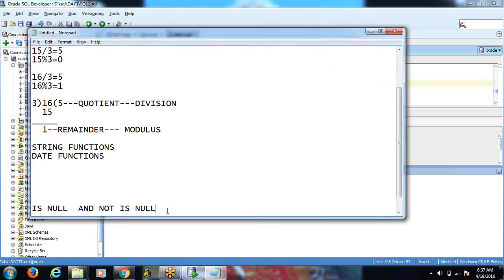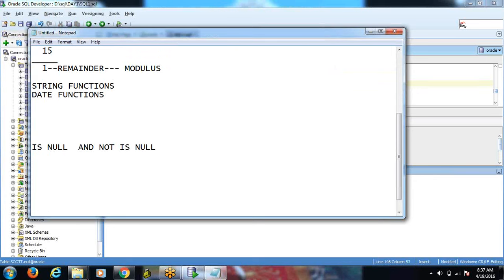Suppose I am having a field like this: for the S number 1, that is the roll number 1, that is Sam, I am having marks as null. But when I am retrieving this record, where the marks is null, I should get the value as 999. How can I retrieve this one?